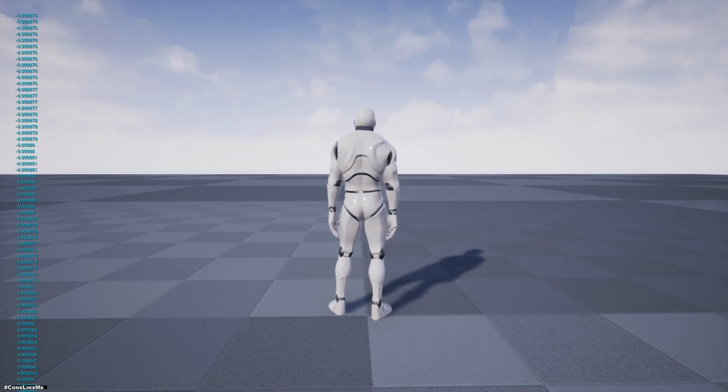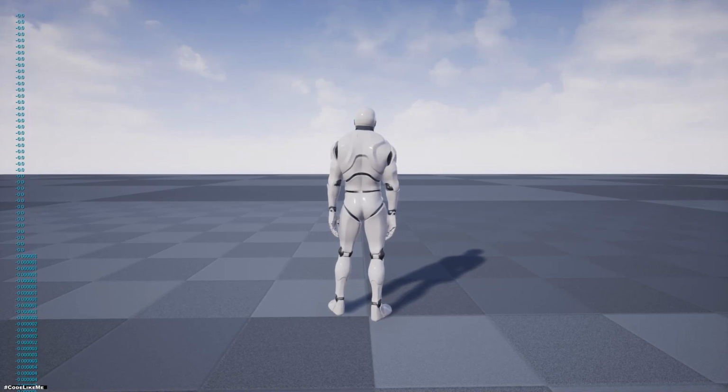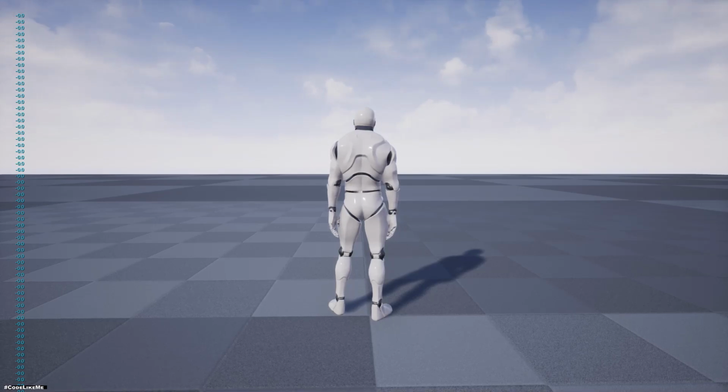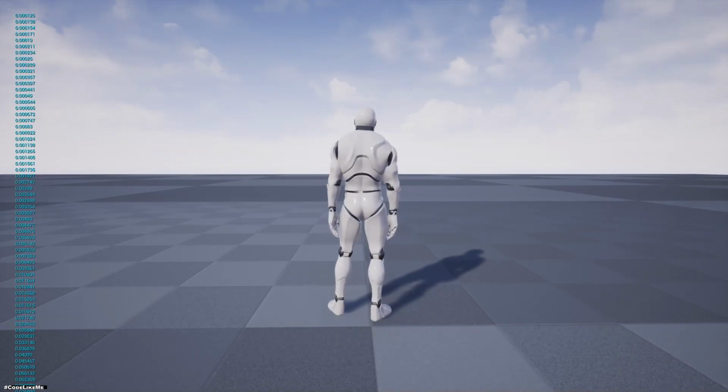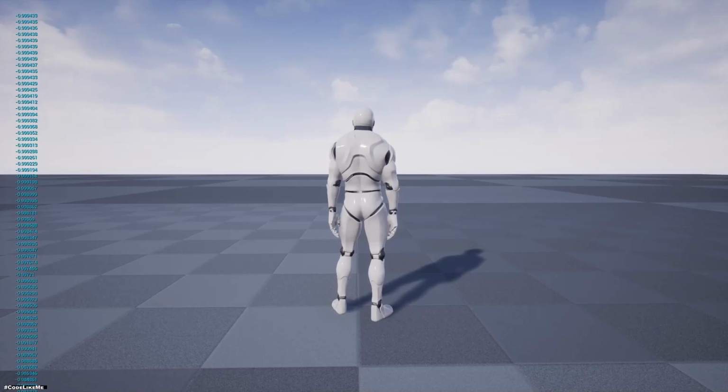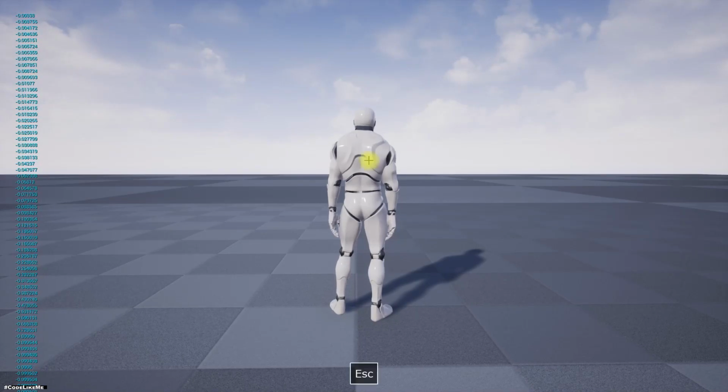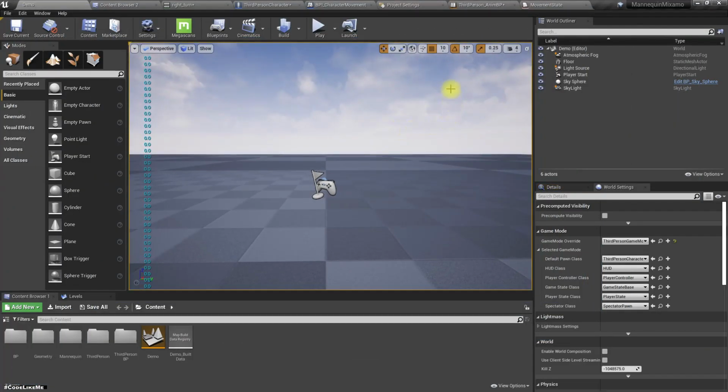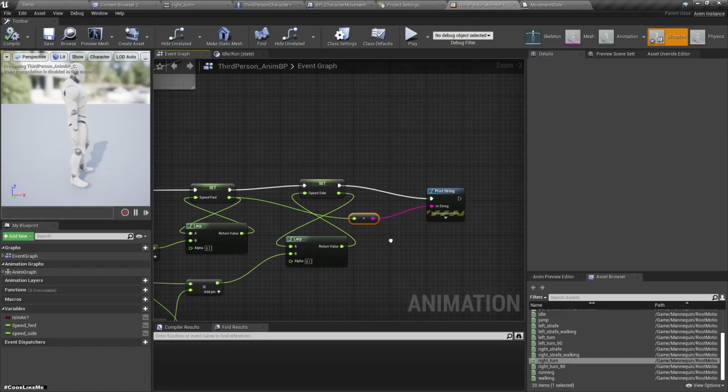Now you can see the move forward value becomes -99, and when I release it, it becomes -0. Maybe something like -0.001, I don't know. So anyway, if I press back, it becomes minus. Therefore